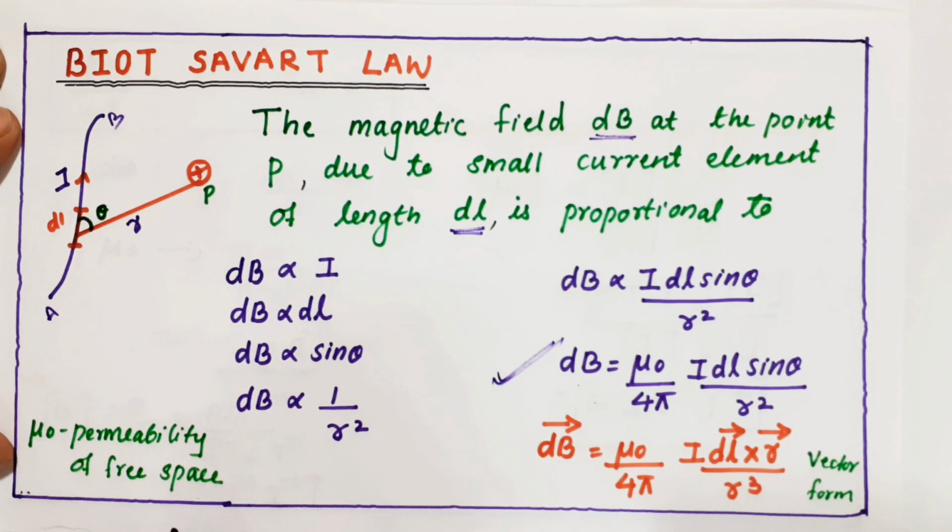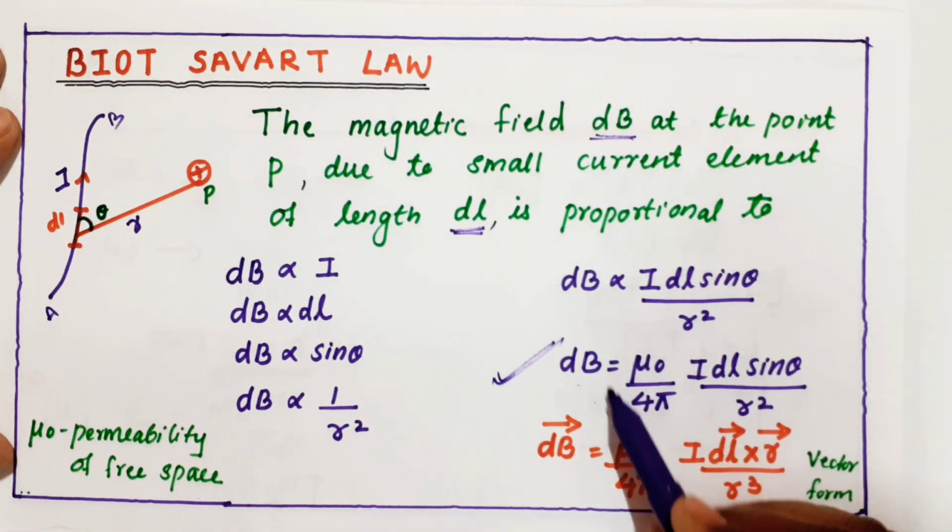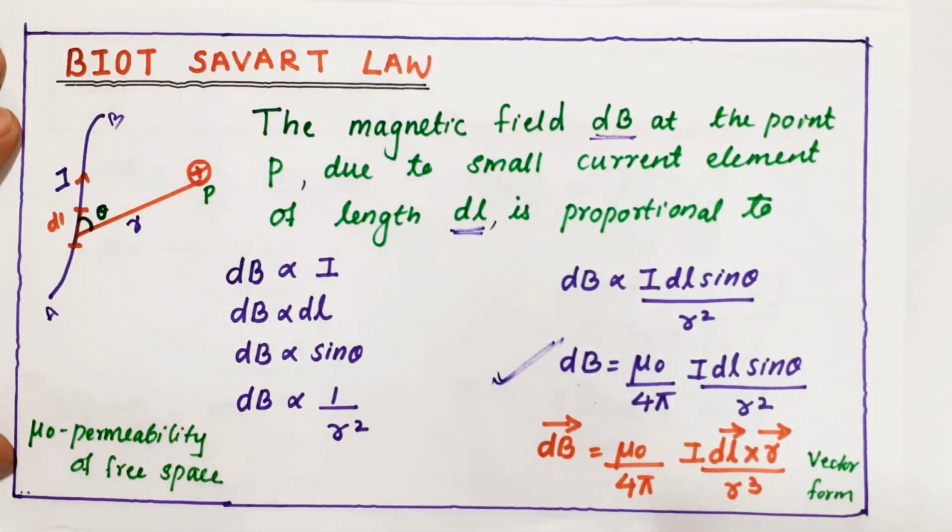In electrostatics, we learned a constant of proportionality called permittivity, epsilon 0. But here, this is a constant related to magnetism. It is the ability of the medium to allow the magnetic field lines. So mu naught is called the permeability of free space, and we keep the constant mu naught by 4 pi because we are taking this in free space or vacuum, or you can take it as air. So I can write my Biot-Savart law as dB is equal to mu naught by 4 pi into I dl sine theta by r squared. This is the equation we use for numericals.